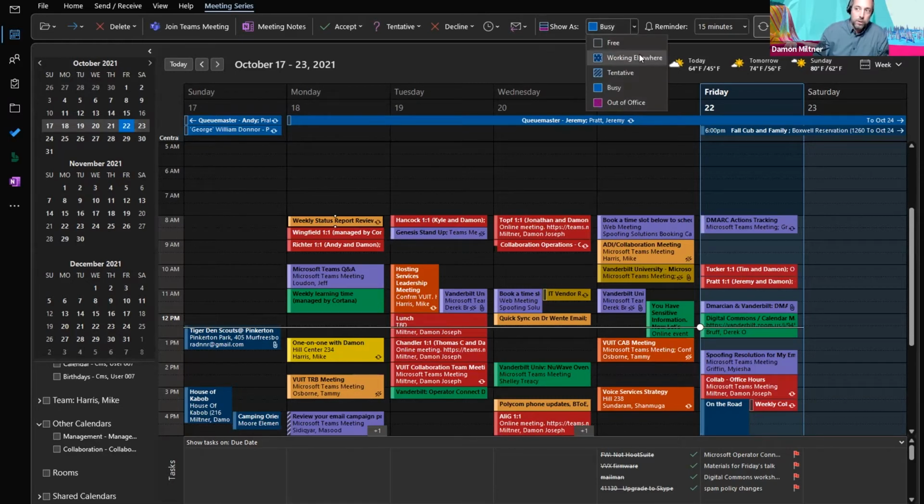As you can see, the choices are, I don't know how often we use working elsewhere, tentative. Tentative, you didn't really agree to that meeting, but you might make it. But busy, out of the office is extraordinary. If you genuinely are out of the office and you set yourself to out of the office, it actually flags you not just as offline, but out of the office in Teams